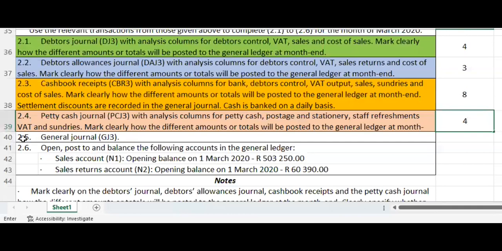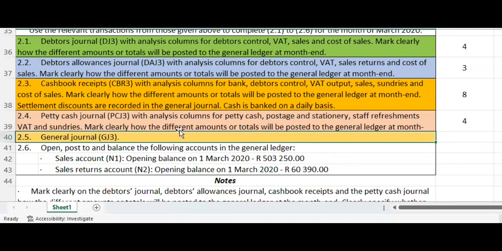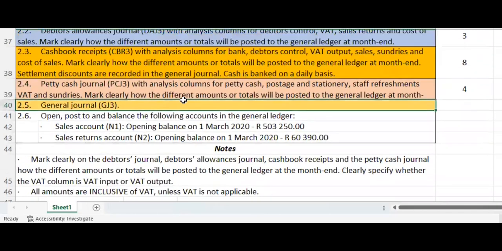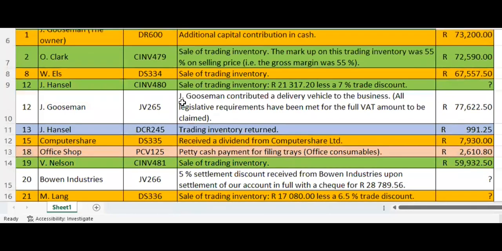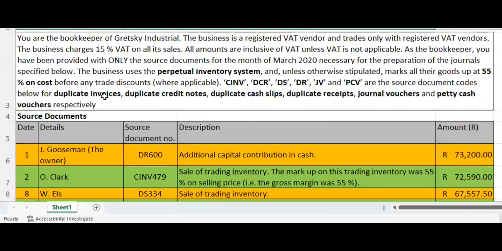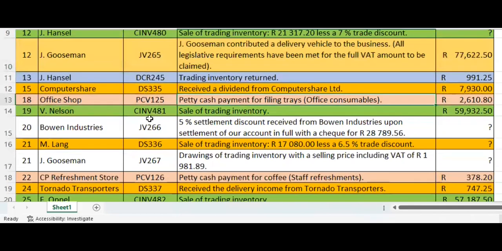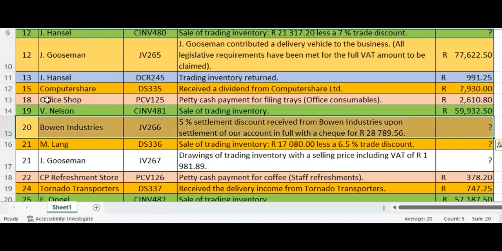Then the last journal will be our general journal. Let's pick another color for that one that we haven't used yet. Maybe a golden color like that, or call it a yellow. Looks a bit gold to me. Okay, and in this case, in our general journal, we are going to use journal vouchers. So every time we see JV, we are going to use it, and then we hope that we actually chose all of them, because if we didn't, then we need to go back and see what we missed. So there's 1, 2,